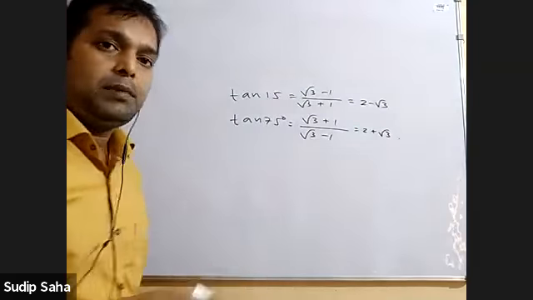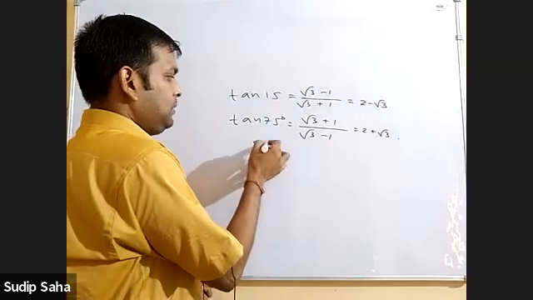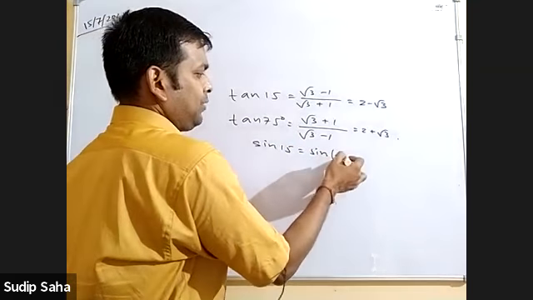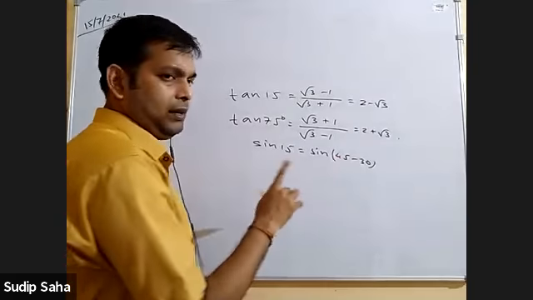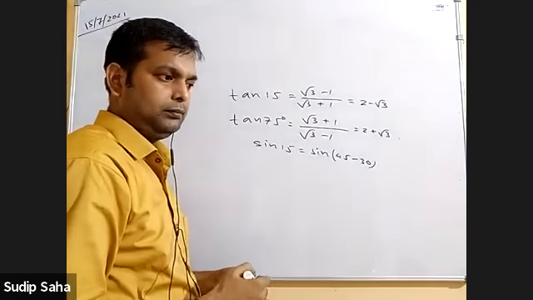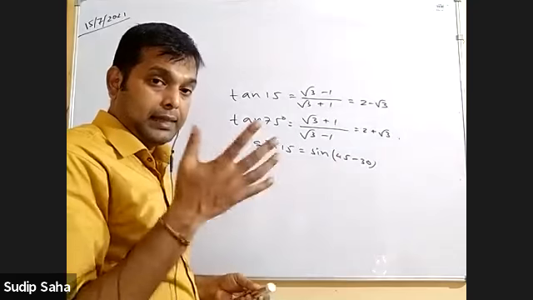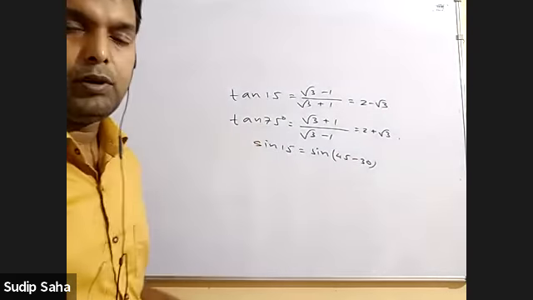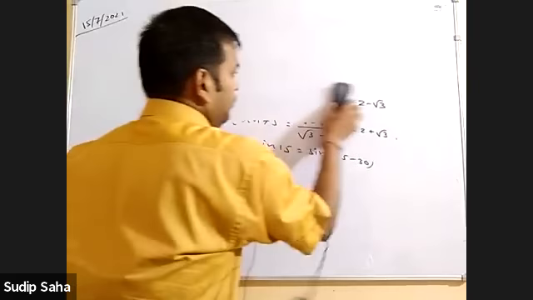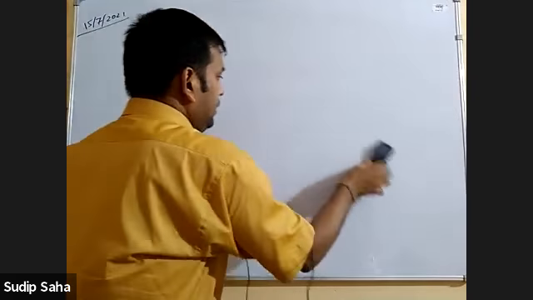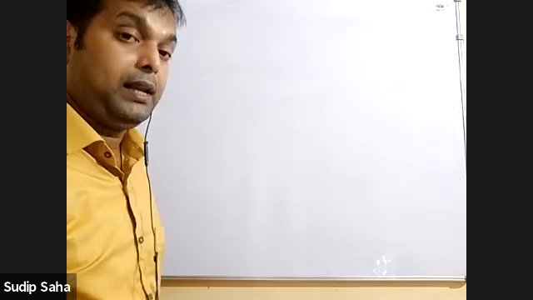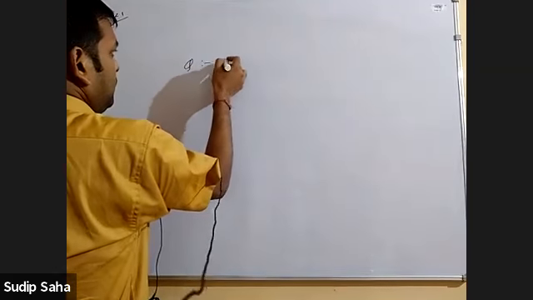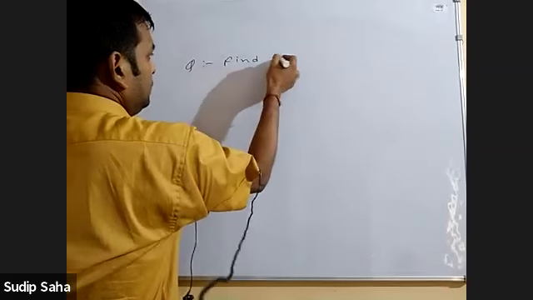Similarly, you can also find sine 15, like sine 45. You just do it on your own at home. Am I clear? Yes, sir. Try to remember that as a value. Now we are going to find the value of tan 22.5 degree or tan pi by 8. The question is find the value of